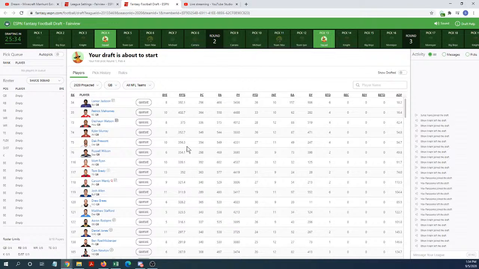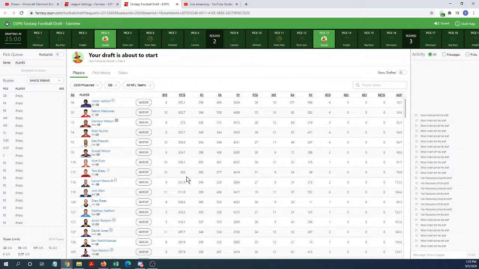yes, the projected point difference is substantial, but we have to remember some of the statistics. Last year, 20 quarterbacks got over 20 points per game on average. That includes Lamar Jackson and Patrick Mahomes. That also includes Drew Brees. That also includes Daniel Jones. So essentially, what I'm trying to say is Daniel Jones and Lamar Jackson